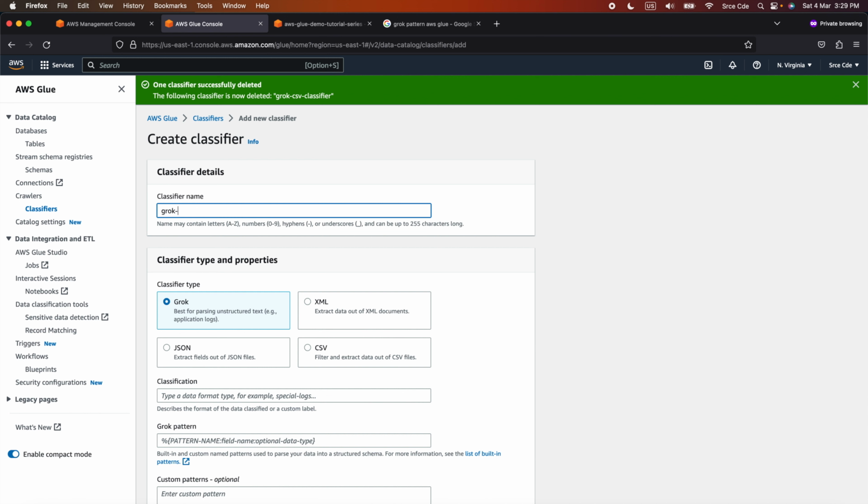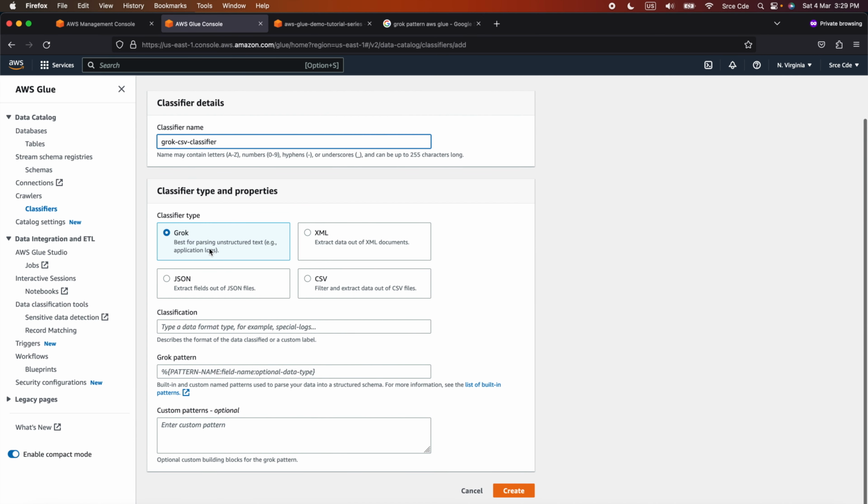I will say Grok-CSV classifier. Within classifier type, I will select Grok, then we need to provide the classification name. I will say Grok-CSV classifier. And then we need to provide the Grok pattern, which is able to infer the structure of